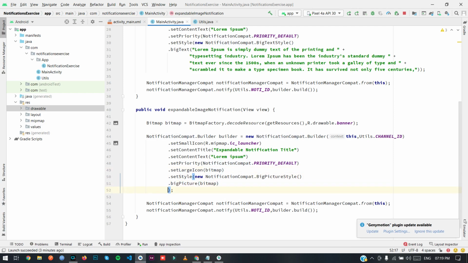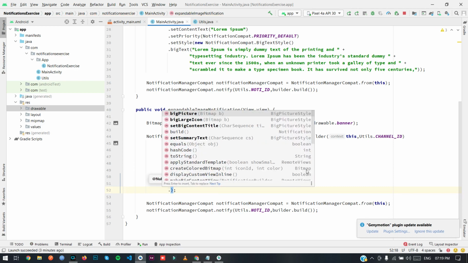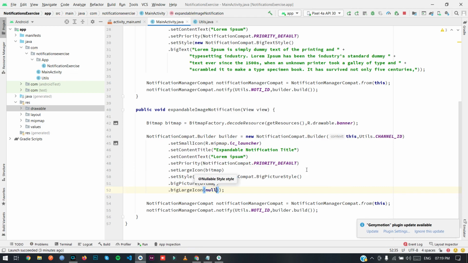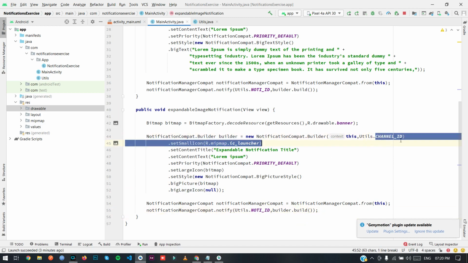Okay, and if you want that when your notification is expanded, you just want to hide the large icon and show the picture as a thumbnail, then just use .bigLargeIcon(null). So this method will hide this icon when you expand the notification. Okay, so here our bitmap is set now. I'm generating the notification in the same channel ID, which is the notification first channel ID.